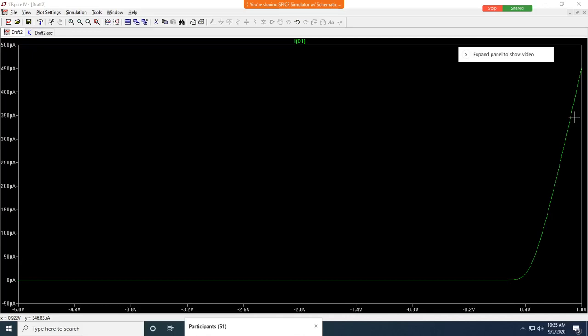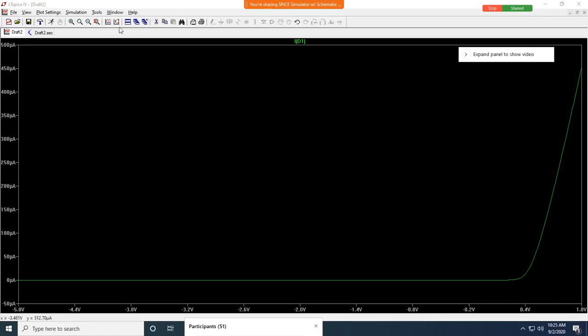Are you okay with this? Yes, sir. You were able to see the IV characteristics, but can the voltage across the diode go up to 1 volt?